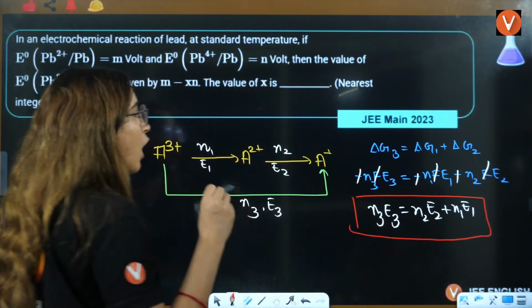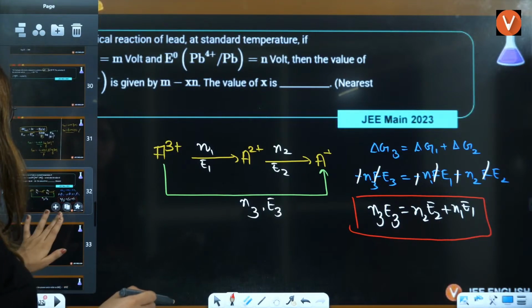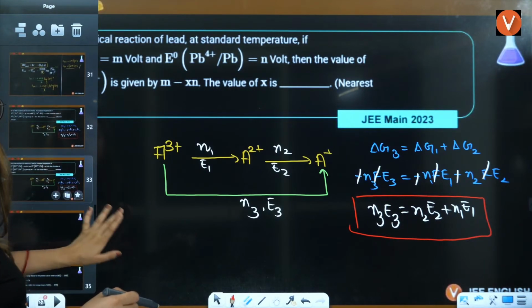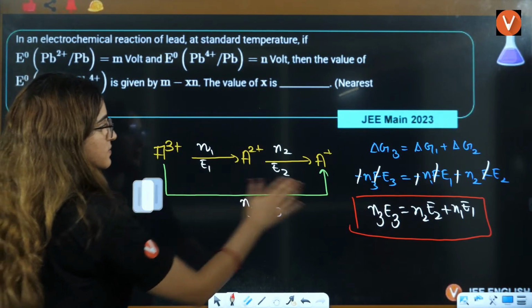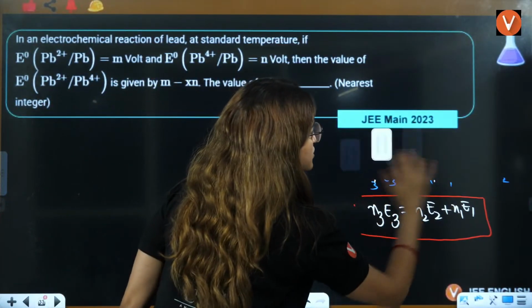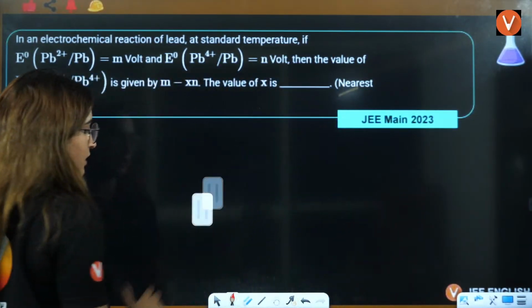Now we are going to see how we are going to apply it in the question, right? How exactly it is applied in the questions. Okay, same thing I'll apply in the question here. That is, here the question is,